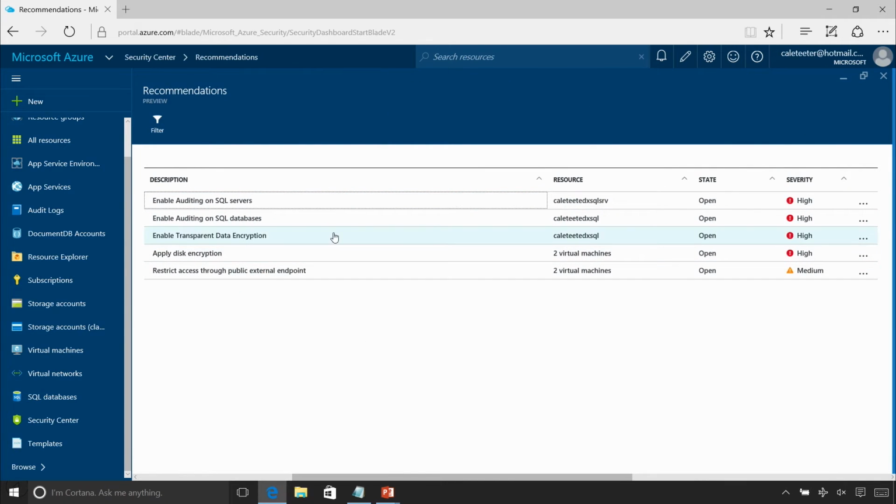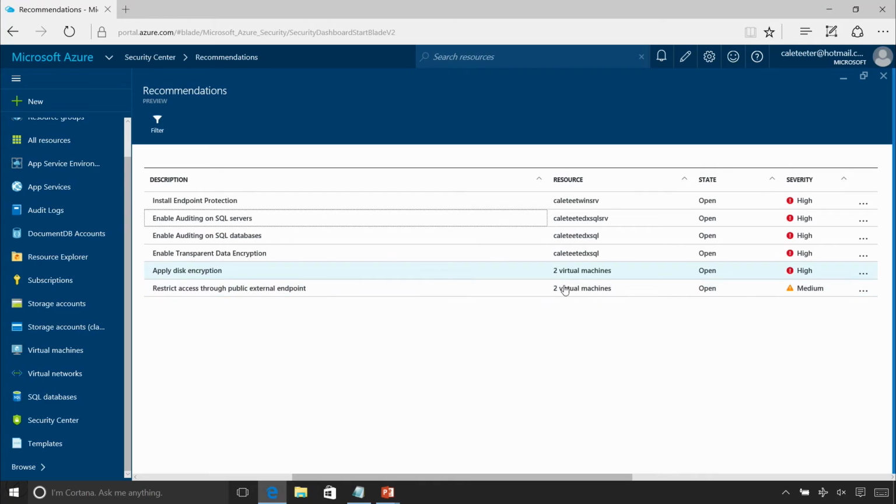The idea is that it'll extend to third-party stuff too. So let's say you had a web application running out there with no firewall on it. Maybe one of the recommendations would say, hey, this is running on non-SSL and it's exposed to the internet. You should probably put a firewall in front of that. And here are three third parties that build WAFs, or web application firewalls, that run inside of Azure. You can see right here, disk encryption. These are some of the PaaS components. You can see it's targeting mostly SQL Server right now. It's telling you to enable transparent data encryption, auditing, and some endpoint protection.